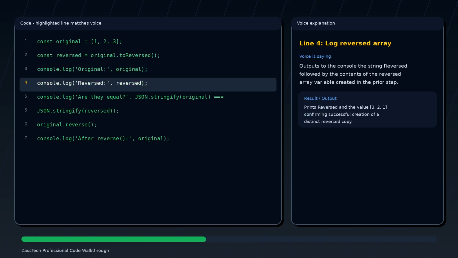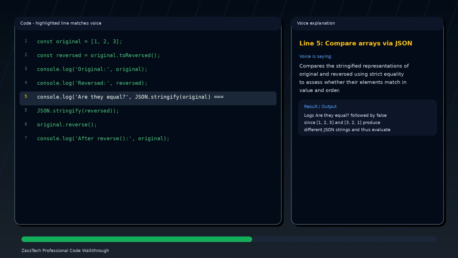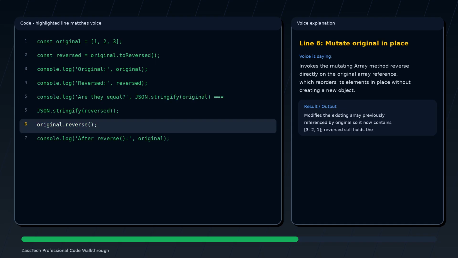variable. Outputs to the console the string reversed followed by the contents of the reversed array variable created in the prior step. Compares the stringified representations of original and reversed using strict equality to assess whether their elements match in value and order. Invokes the mutating array method reversed directly on the original array reference, which reorders its elements in